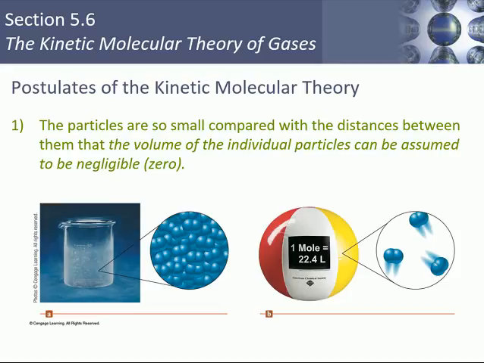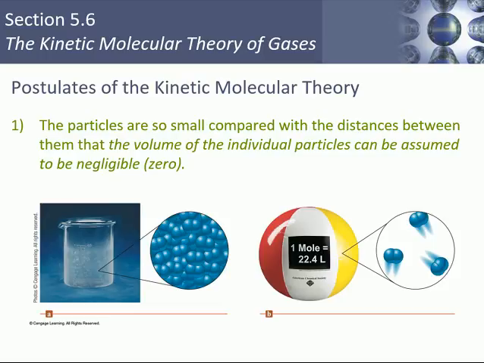Some teachers break them up into different numbers of postulates. The teacher that I first took chemistry with had them broken into 5, but some people break them into 4. It simply depends on how succinct you make them. If you want to be a little bit more wordy, a little bit more specific, you can expand it into 5. But because your book has them stated in 4, I'm also going to state them in 4. So don't be confused if in some other chemistry class in the future, you see them listed as 5. The same information is being communicated.